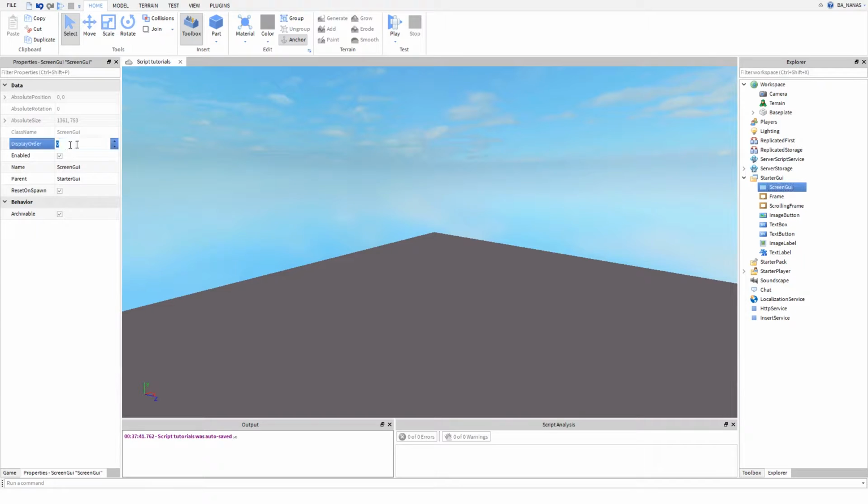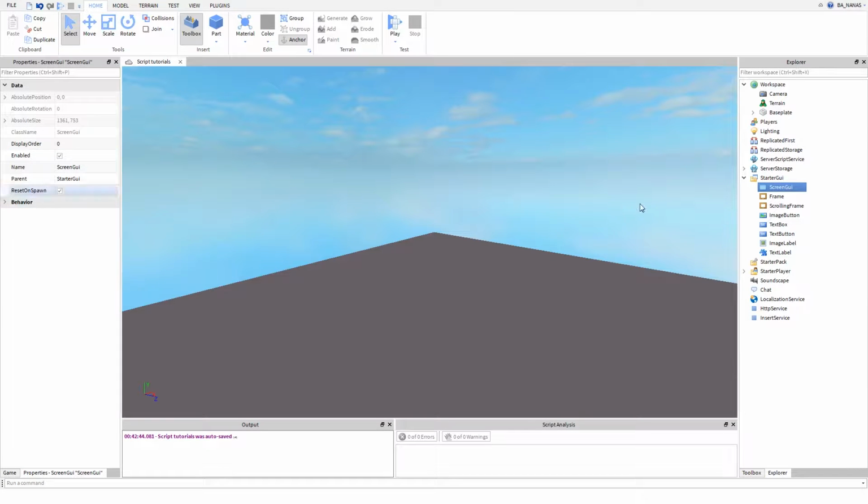Display order, if you have multiple ones, they can overlap each other. And yeah, enabled means just it's visible, invisible. Reset on spawn: when you die, it resets all those things. Archivable,